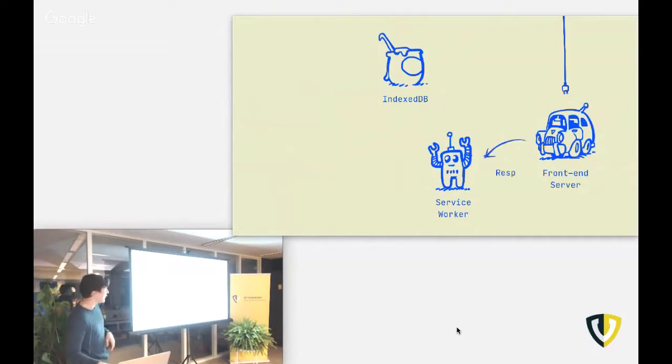The front-end server then responds with the 204 or whatever. It says I'm okay. I don't care where this comes from. It should be fine. Looks good. And then the service worker can do a push notification to the browser, which then wakes up and says, yeah, okay, thanks. But who cares, because